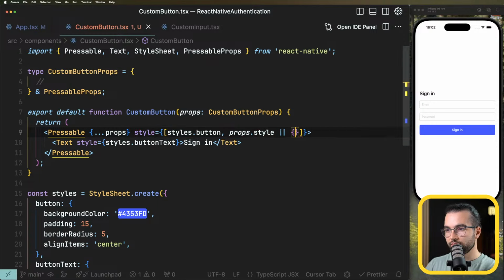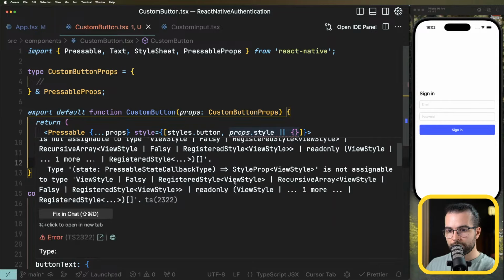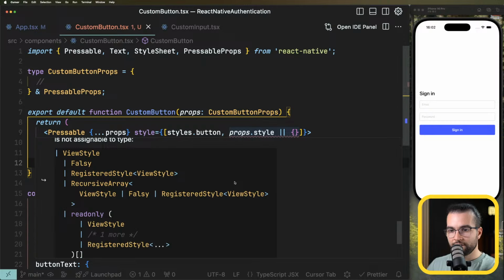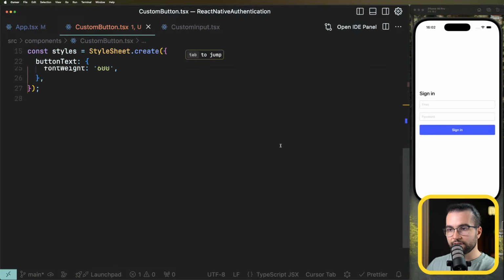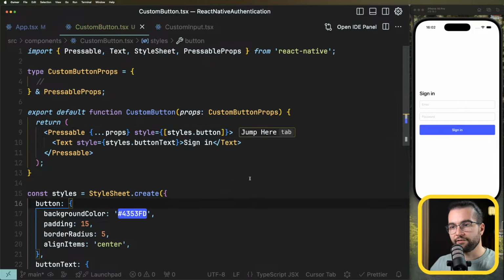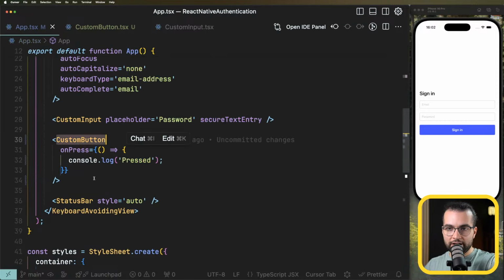I think it's a simple TypeScript issue here, so for now I'm going to leave it like this, not overriding them. So now from the app.tsx, a custom button can receive anything that a pressable can, such as